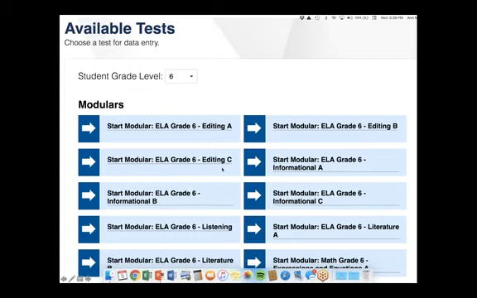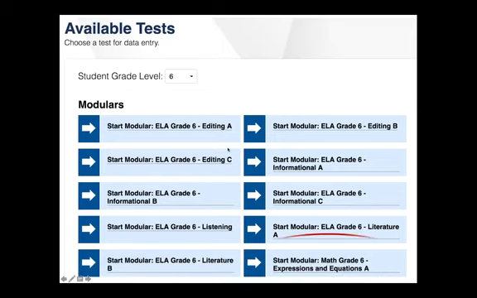The problem is they really aren't the same, so you just have to look at the test before you do that. A might be way harder than B, and B might be way harder than C, so you have to check that out before you do it. You could just give A as a pretest, and then much later give A as a post-test, depending on what's in there. So you really have to look at the questions. But for now, I'm going to go in. I'm going to look at this.